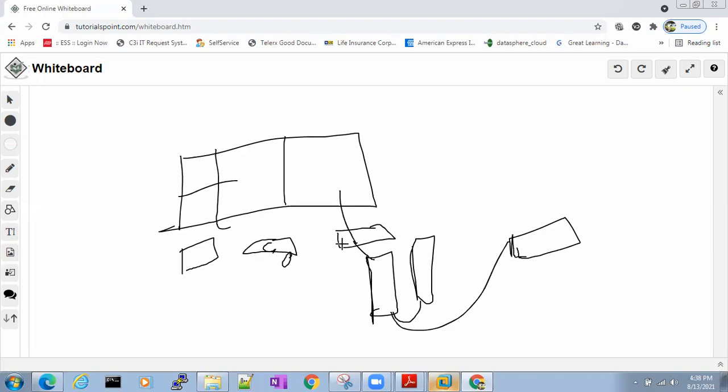This is LGWR, this is the archiver, and this is the DB writer. DB writer is always sleeping, most of the time. DB writer wakes up when checkpoint starts, when checkpoint tells it, hey DB writer, please wake up.